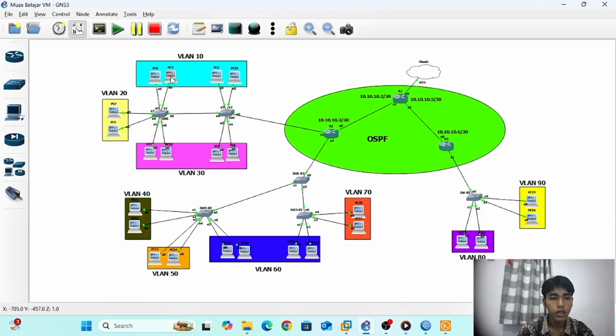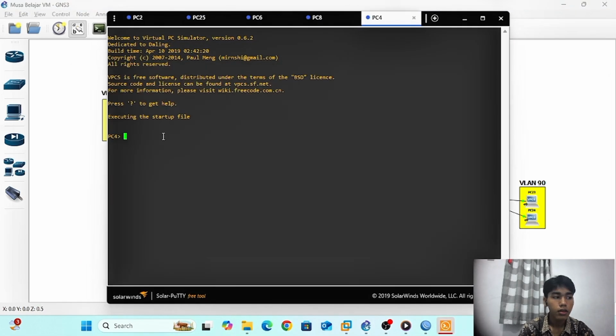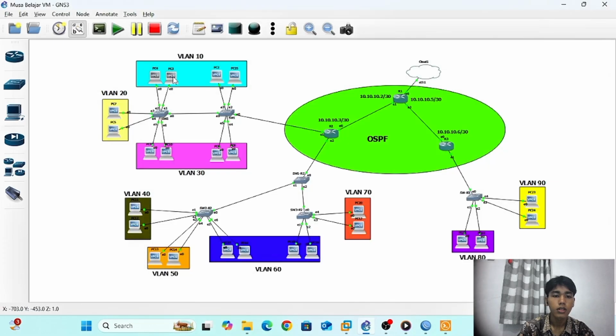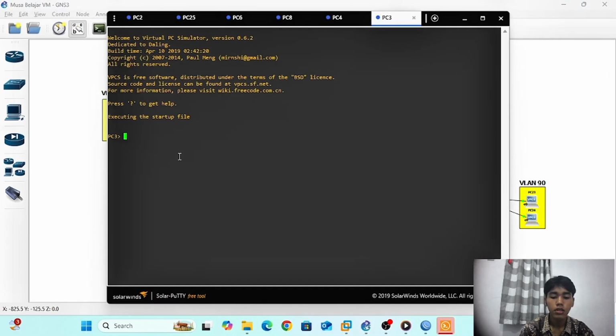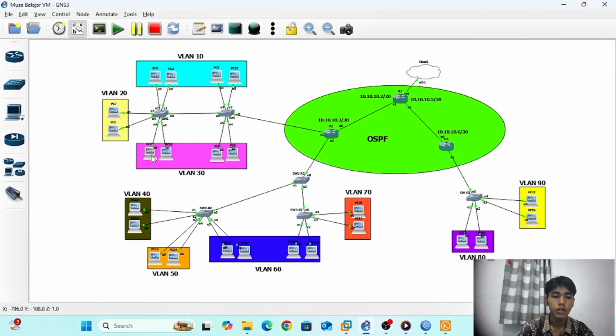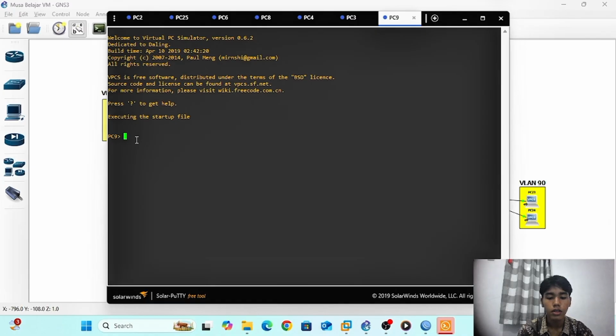Connect to switch VLAN 10, IP DHCP, success. And next, IP DHCP, success. And VLAN 13 connect to switch 2, check IP.